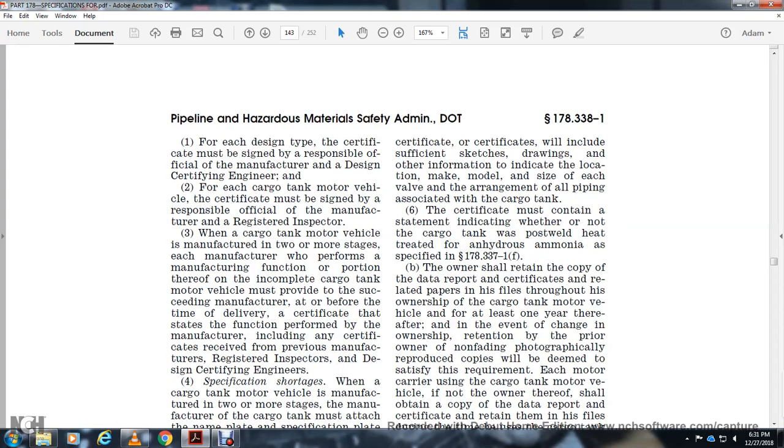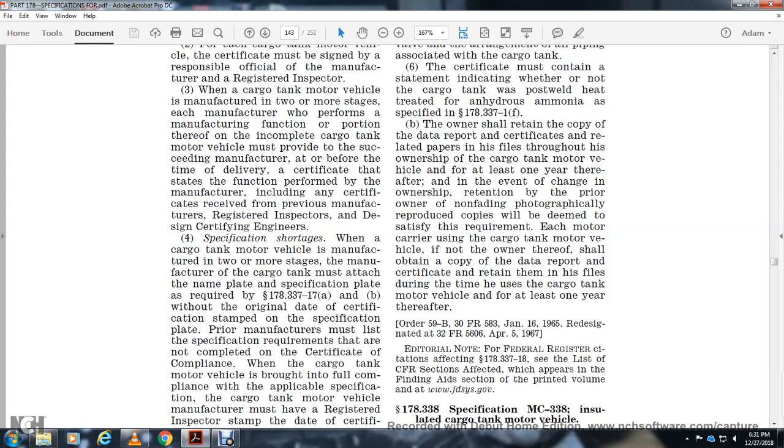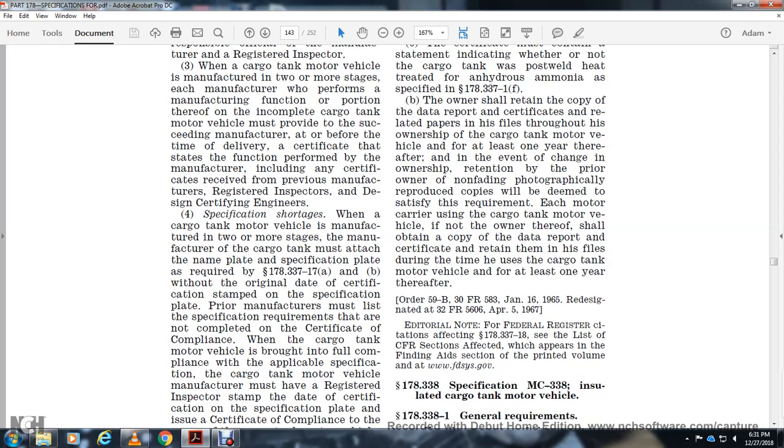Whenever the cargo tank motor vehicle is manufactured in two or more stages, the manufacturer of the cargo tank must attach the nameplate specification required by 178.337-17, A and B, without the original date of certification stamp of certification. Prior manufacturer specification requirements that are not complete with the certification of compliance, the cargo tank motor vehicle is brought to full compliance with the applicable specification. The cargo tank motor vehicle manufacturer, when the registered inspector stamps the date of the certification statement, the specification plate